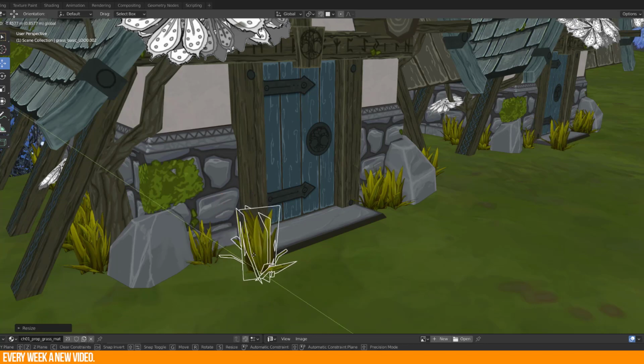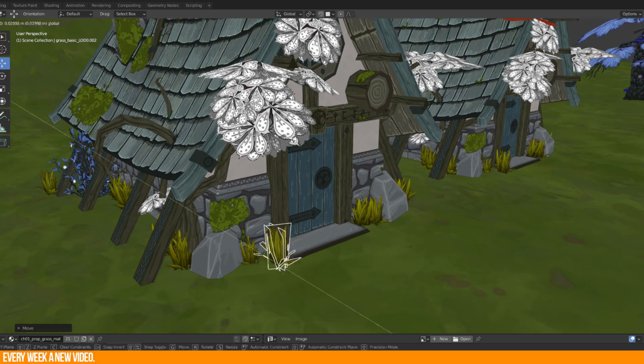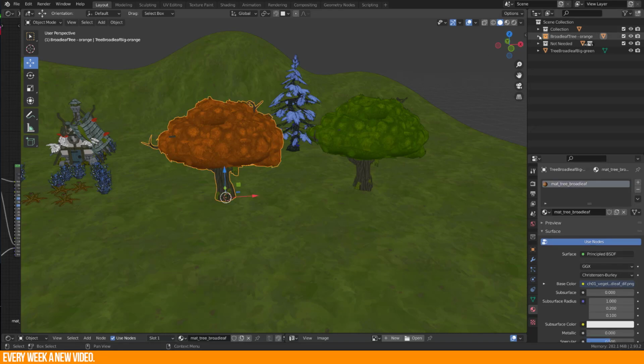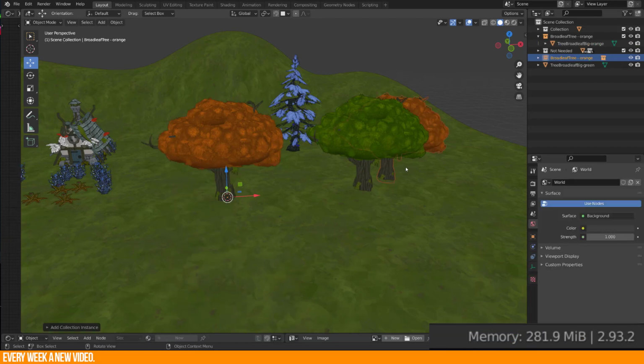For sure it is super helpful when you work with collection instances and you want to adjust something for the basic objects, and this will influence all instances at the same time. But there is another huge advantage when it comes to memory space. For example, I have this scene here and 2 times the same 3D object just with different textures. The orange tree is within the collection. The green one not. Check out the memory value at the bottom of this window. When I start adding collection instances, then the memory size is growing very slowly.